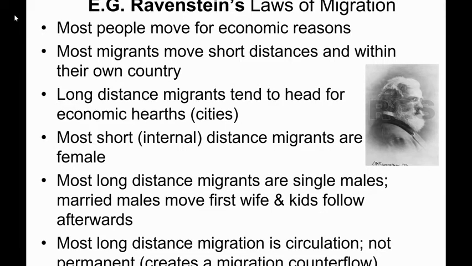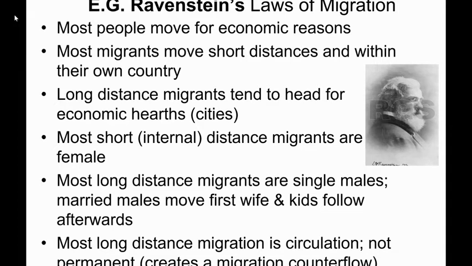So again, just sticking with the theme from Mexico, since that's where the primary migration patterns are with the United States. If I'm in Mexico and I migrate from Mexico to, let's say, California, and I work in orchards in California, like the Central Valley, when the harvest is over, it's likely that I'll go back to Mexico, back to my home. And then when it's spring again and there's work on the farm, then I'll come back up from Mexico, and I just keep doing this over and over again. And that's called circulation. So circulation is kind of the movement and counter movement, flow and counterflow of migration. All right, those are Ravenstein's laws of migration.